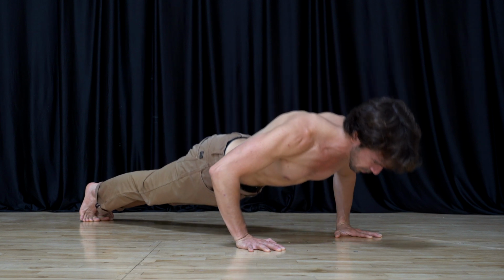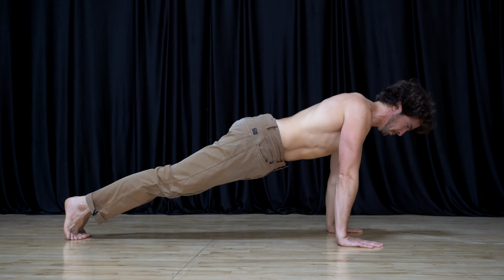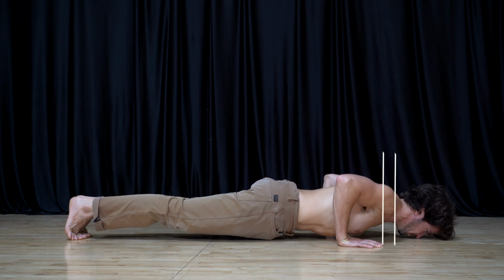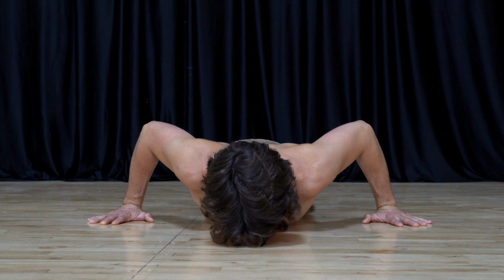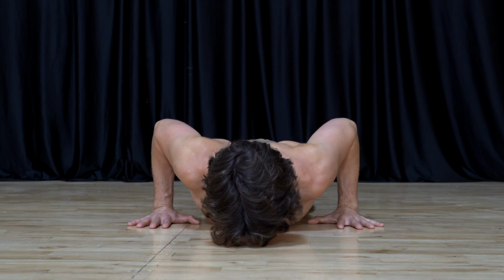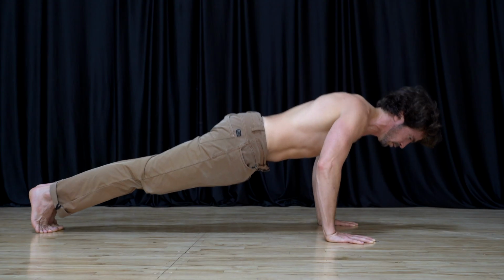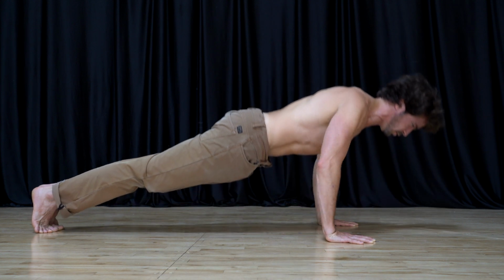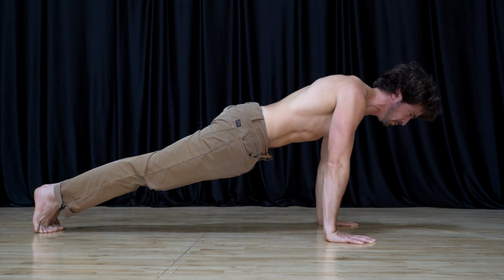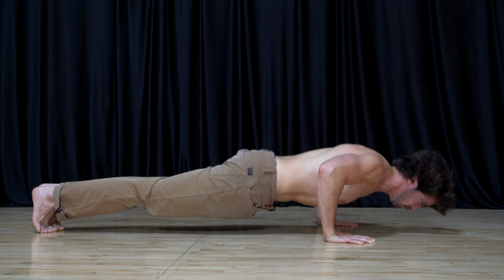You'll want to place your hands a little bit wider than shoulder width apart, with your fingers facing forward. At the bottom of your push-up, your fingertips should be a bit lower than your shoulders. An easy way to get into this position is to drop your chest to the ground, place your thumbs right at the bottom outside edge of your pectoral muscles, and then move your hands out a few inches to the sides. If you place your hands in this position, you'll notice that your elbows will naturally be at about a 30 to 40 degree angle below horizontal, which is ideal for maximizing efficiency while also protecting the shoulder and elbow